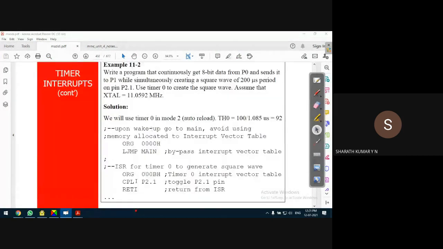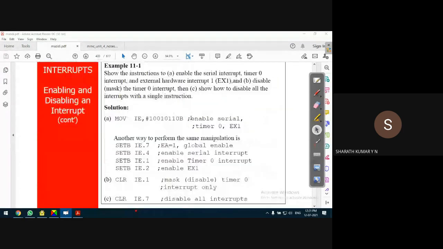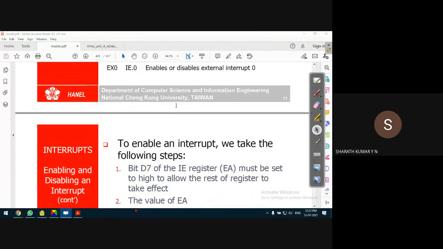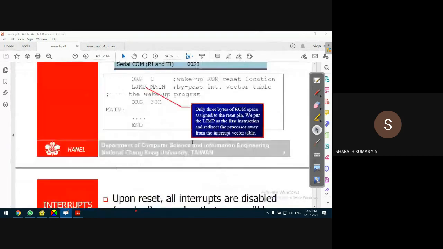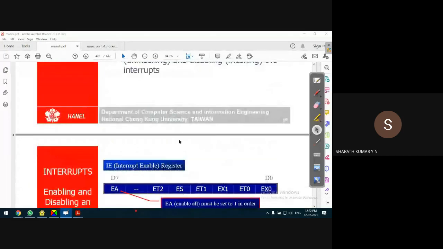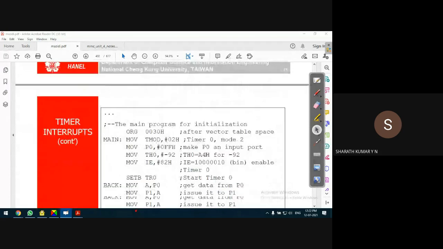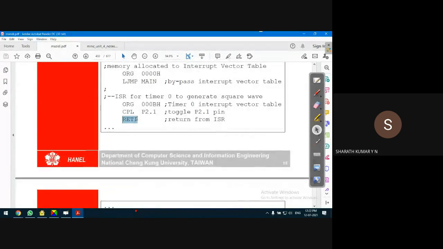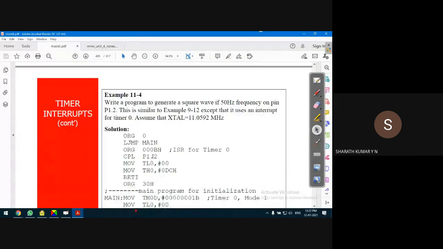Okay, this RETI is not discussed. No, RETI is a must. Where is RETI? I think I missed the discussion of the RETI instruction. Okay, just a second. This RETI instruction we missed. It's not given here, but somewhere here I'll discuss the RETI instruction. Then I'll come back to this program because here there is a discussion of RETI instructions.